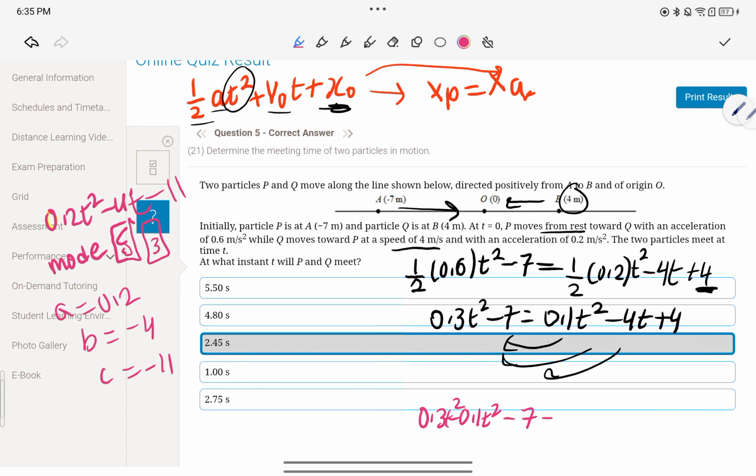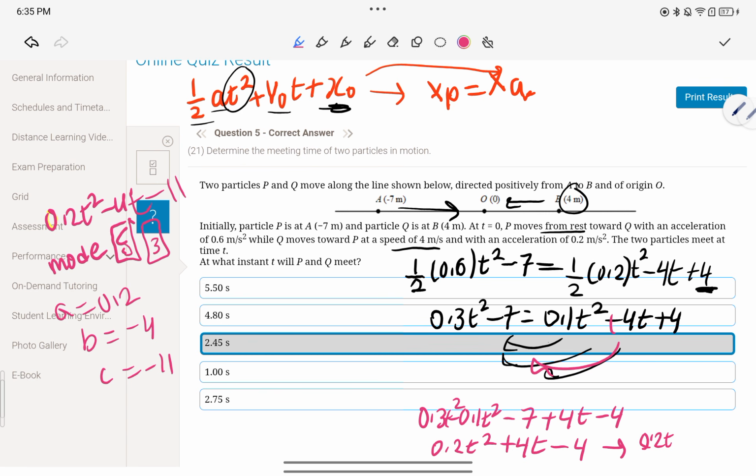Minus 7 minus 4t minus 4. So this will be 0.2 t squared minus 4t. Sorry, this plus 4t, yeah. Because we moved it to the other side, so it will be positive when you move it there. Minus 4. You make it in order